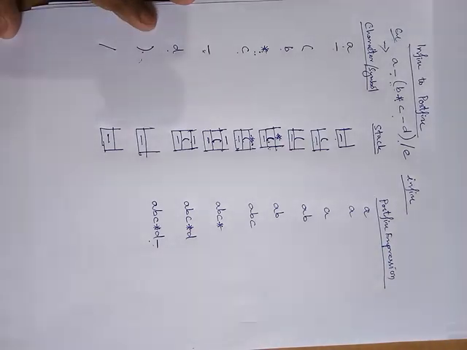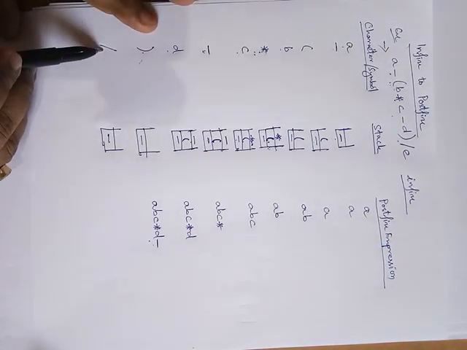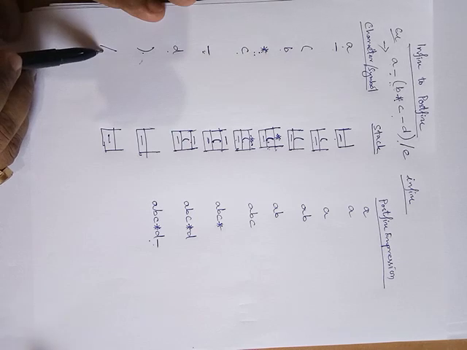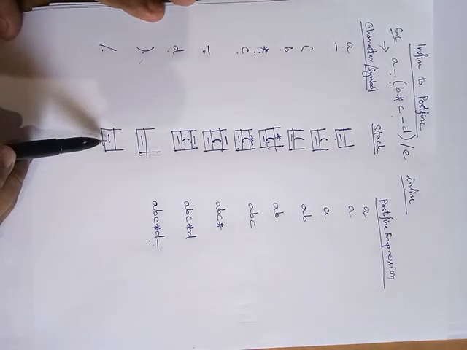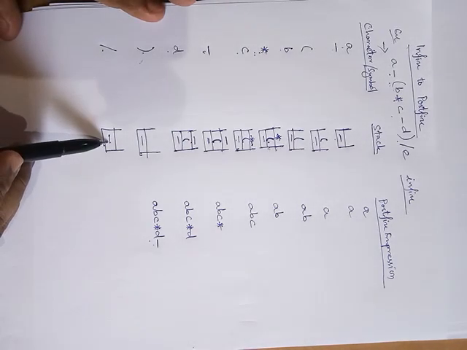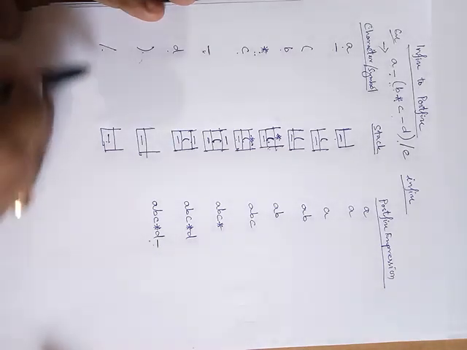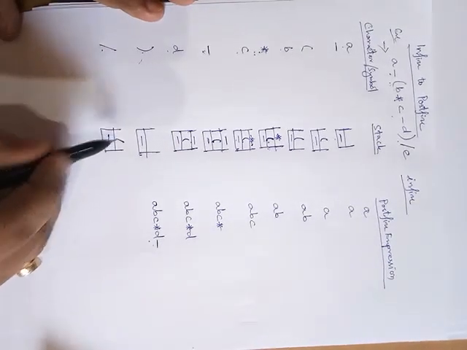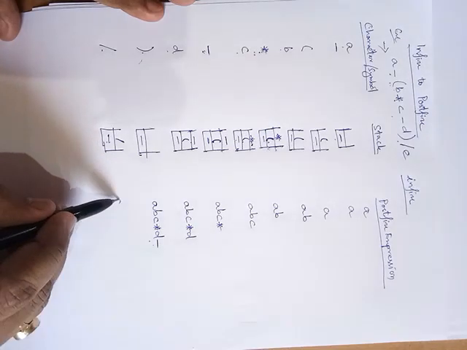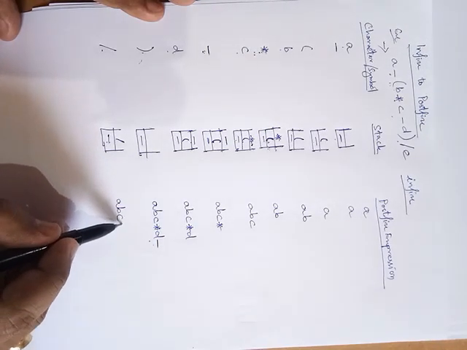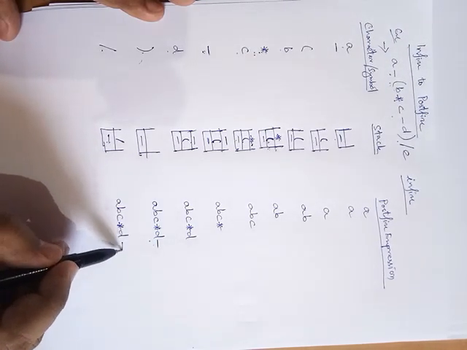Now this is the new operator, division, which has a priority greater than the operator present at the top of the stack. So this should be pushed into the stack. Now the division symbol will be pushed into the stack, and the expression will be A, B, C star, D minus.